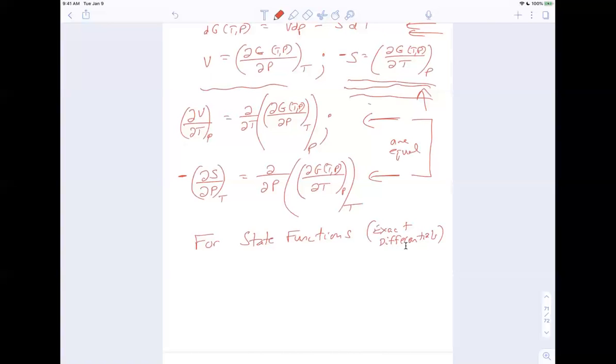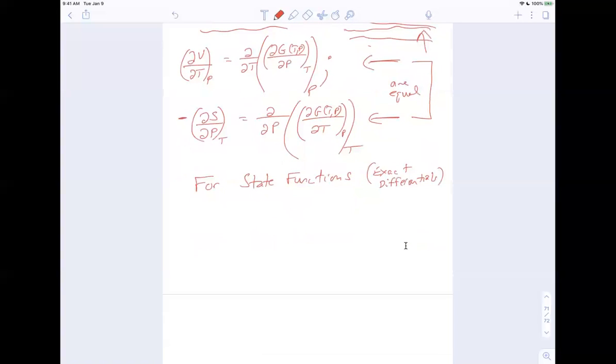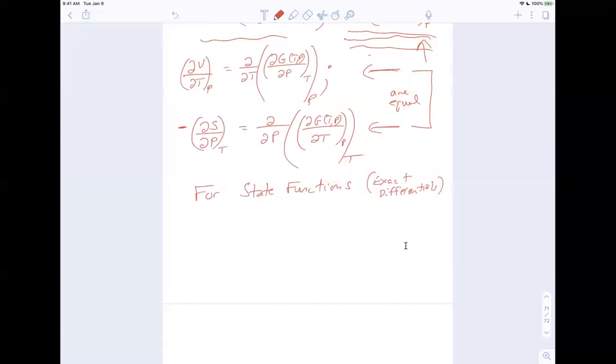Because G is a state function. And this also holds for A, H, and U, but I'm using G as an example. So what this is telling me is that these second order derivatives, so let's write the equality of the second order derivative and then we'll see what that is. So what this is saying is the partial with respect to T of the partial of G